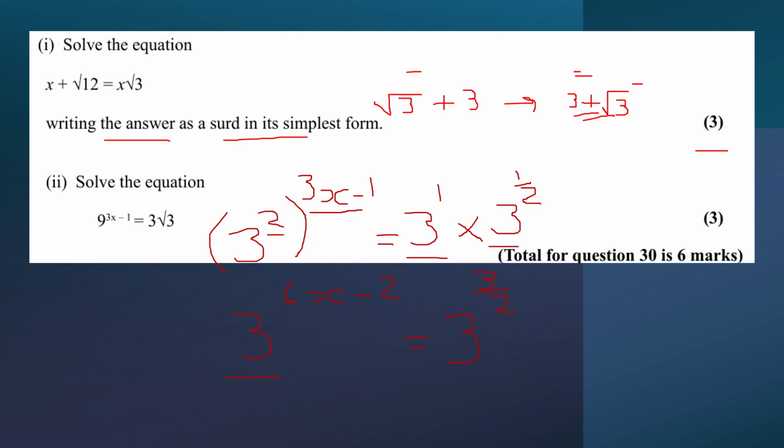I'm now going to compare the coefficient of the powers of 3. So I'm going to have 6x minus 2 equals 3 halves, or I'm going to write here as 1.5 just for the sake of practice. I'm going to add 2 to both sides, add 2, and then divide by 6. So I'm going to have 6x is equal to 3.5. I don't want 6x, I just want x. So I'm going to divide everything by 6 and have x is equal to 3.5 over 6,